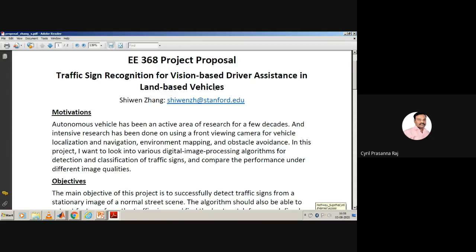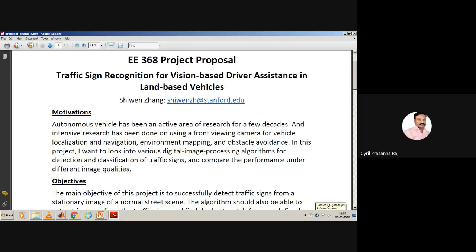But whenever a traffic sign is present in the image being captured, there will be a pop-up to the driver telling that there is a traffic sign stating that you have to stop, you have to park, you have to slow down the vehicle. There's a hospital there. There's a school there. So there is an application that could help the driver know what traffic sign is available in that corresponding location, and that is what we call vision-based driver assistance in land-based vehicles.